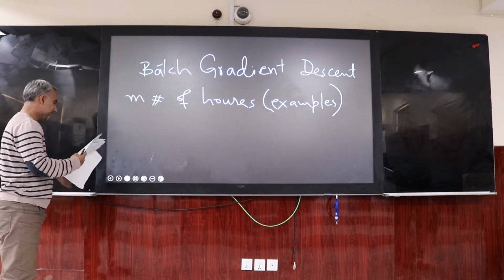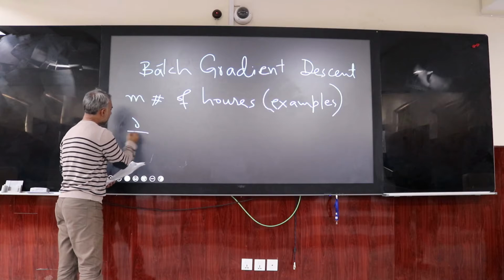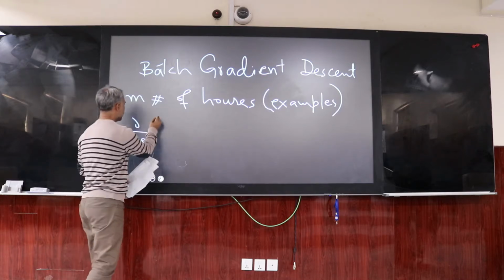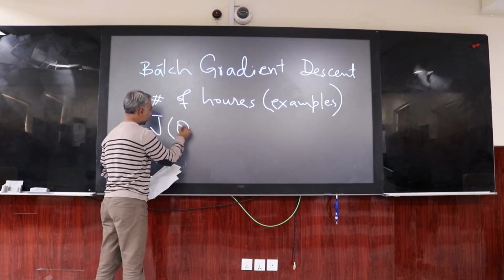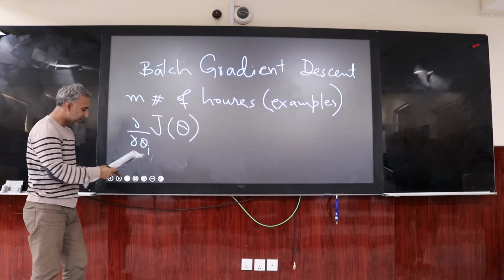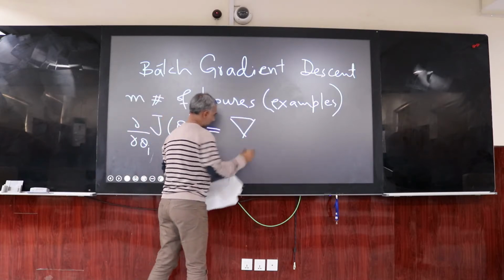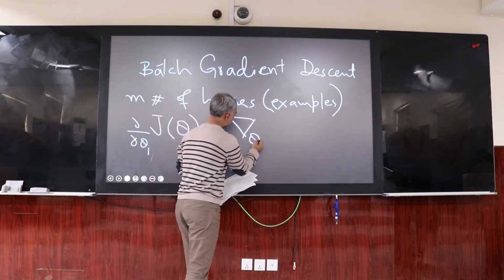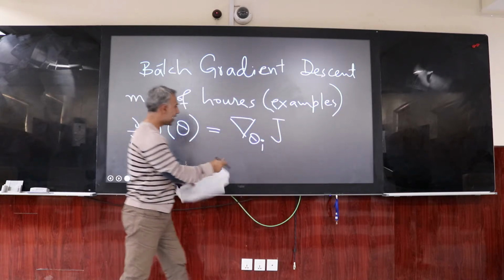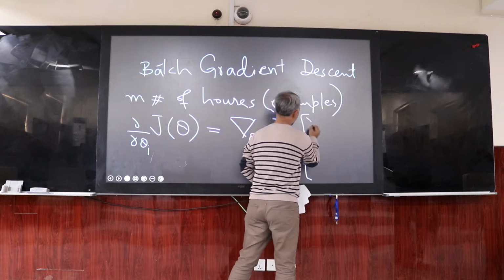Let me introduce how we can consider this. In this situation, we are considering this partial, such that this is a cost function. We are considering the partial derivative of this cost function like a batch gradient descent. As I told you, this is for the gradient descent purpose. Here, basically, there are too many partial derivatives